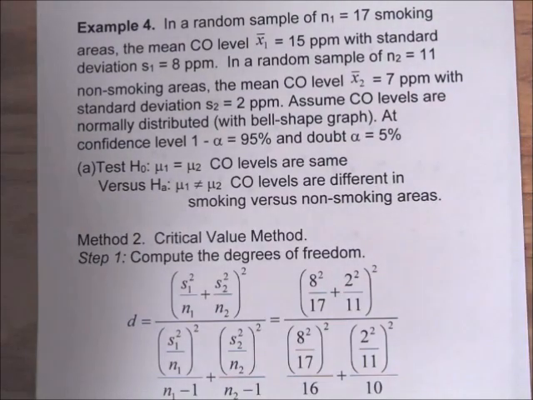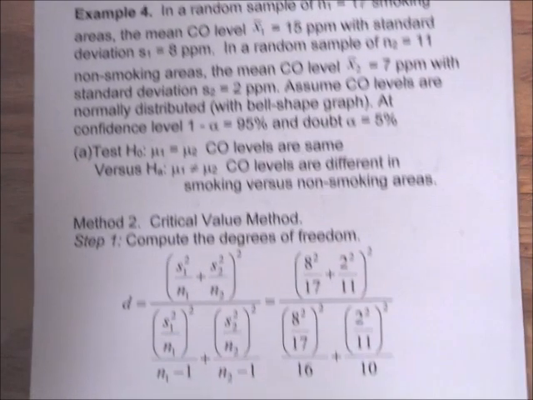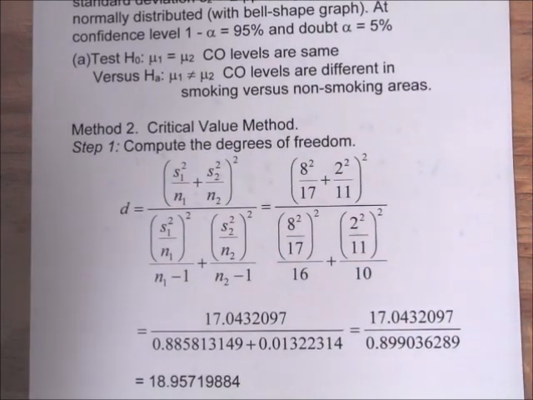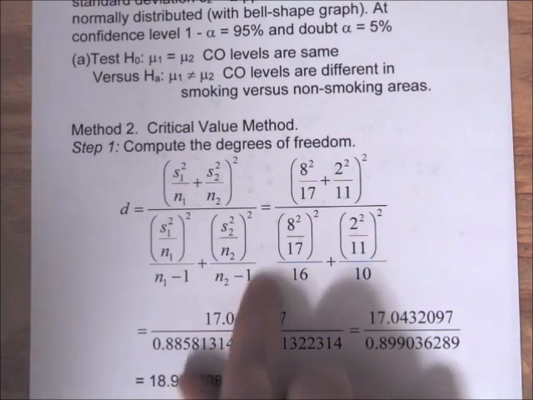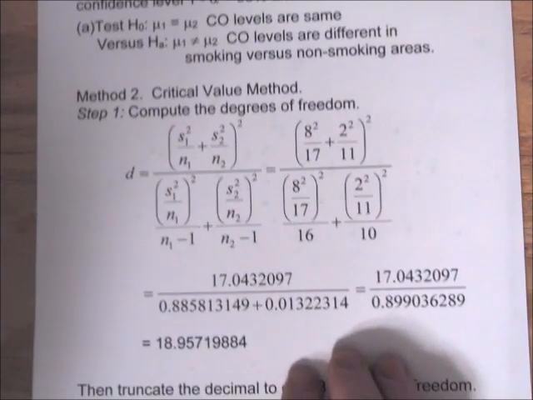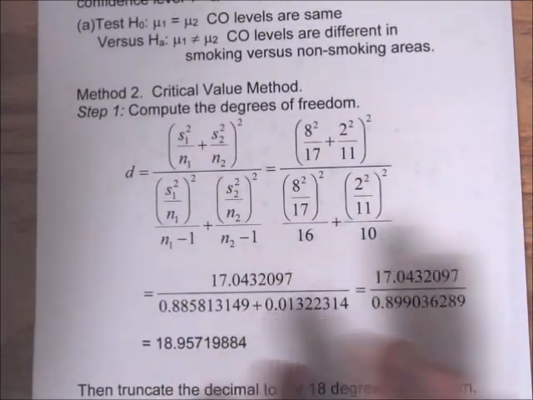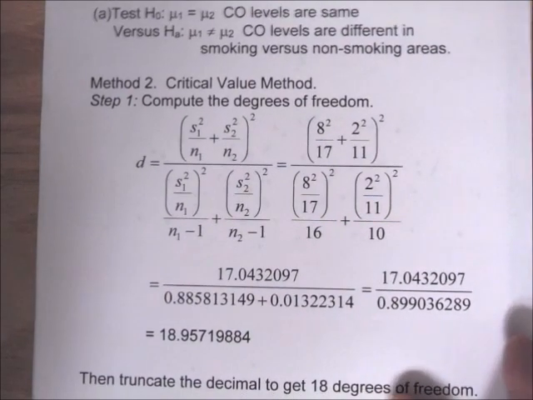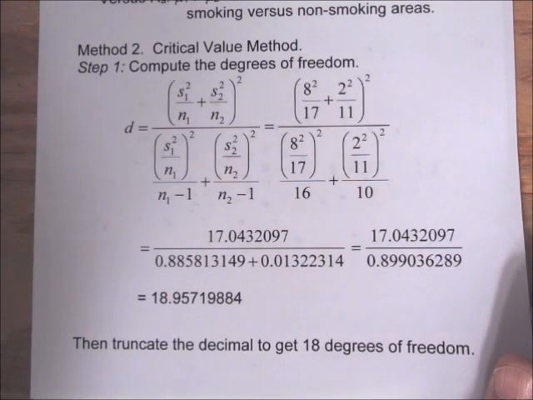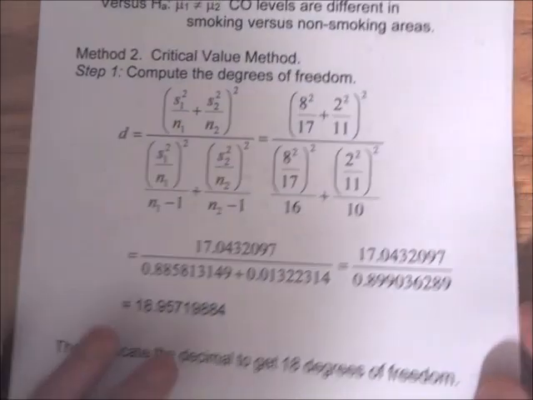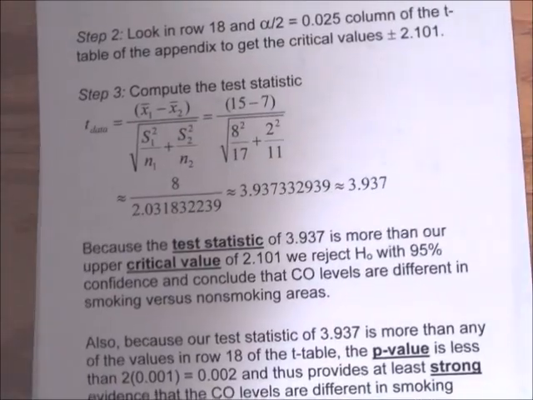So the first step is to compute the row of the t-table that we're going to use. This is probably the hardest step here. This is kind of a complicated formula. This comes out to be 18.9 something, and we want to truncate this, so it's going to be 18 degrees of freedom, or row 18 of the t-table, and then we can compute the test statistic,